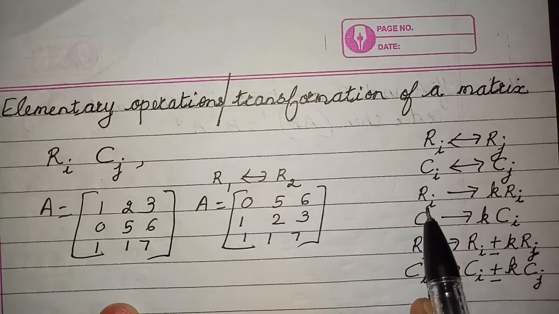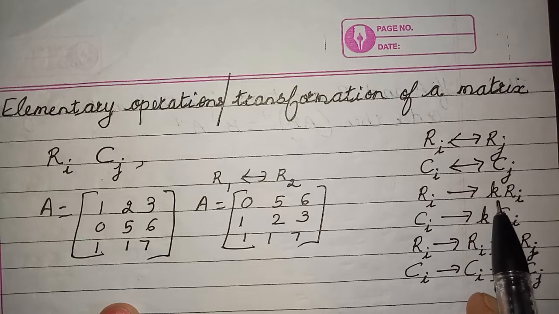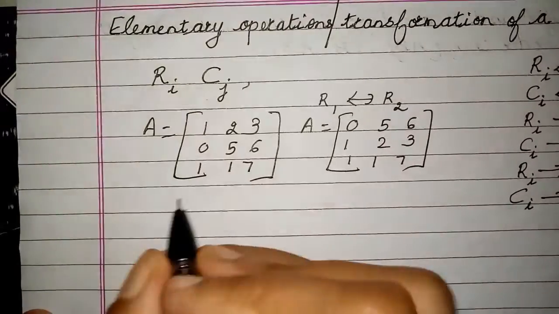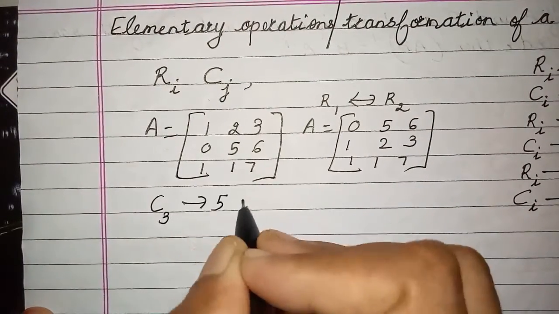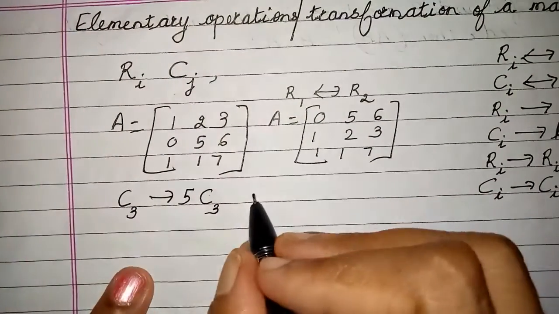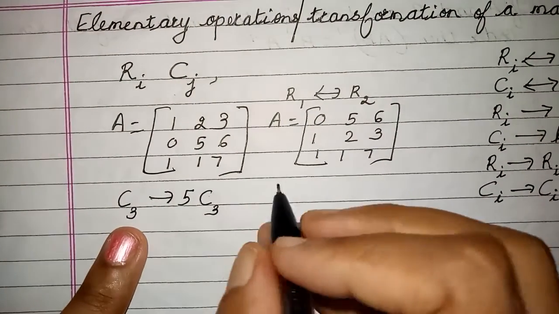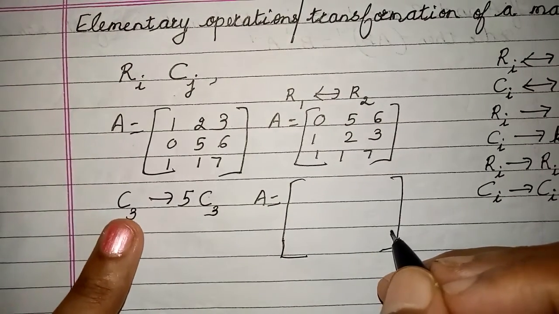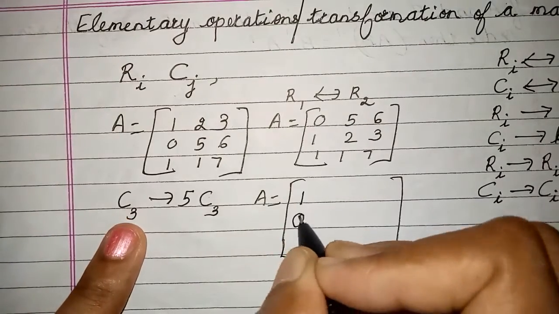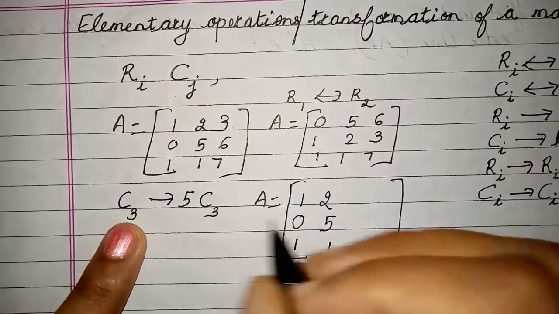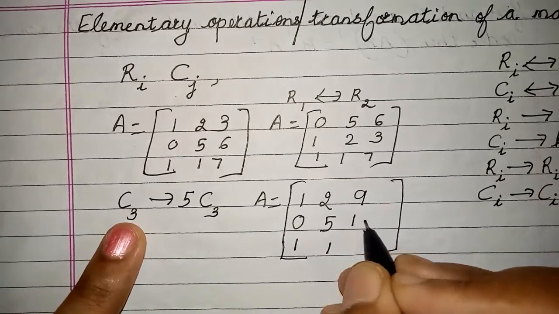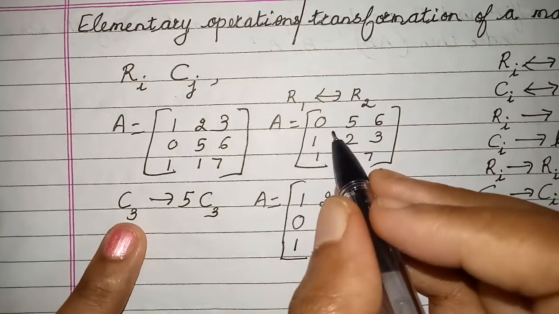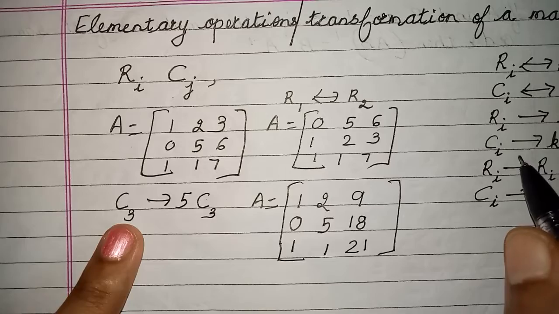The next one is, you can multiply any row or any column by a scalar. Suppose I am multiplying column 3 by 3 times itself. You are going to write the change in that particular row or column. Here the change is in the third column, so I am going to make the change in the third column. It is 3 times, so 3 3s are 9, 3 6s are 18 and 3 7s are 21. In that column you are going to make the change as I have done here. Same way you can do it for a row also.